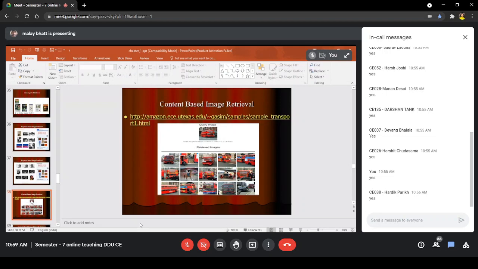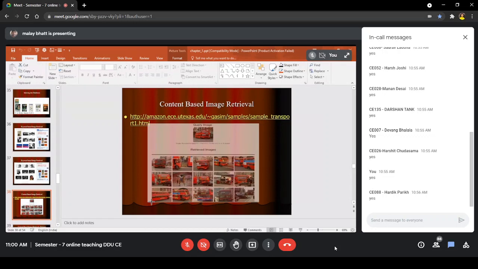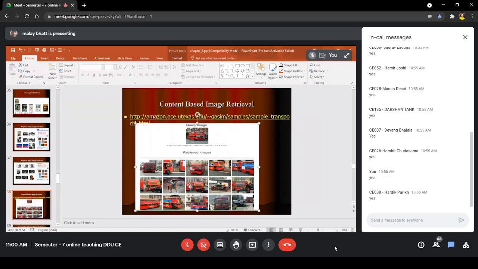And once these features are extracted, according to those features, it will try to match, which is a much more complicated search and retrieval, because extracting a feature itself is a very difficult task. If you extract the features which are not proper, then you will get incorrect results as well. As you can also see here, you are able to retrieve an image of a person sitting on a horse, in the second row, second column.